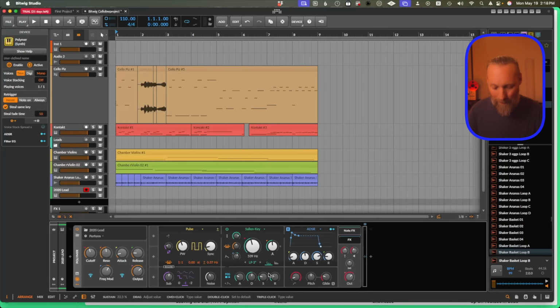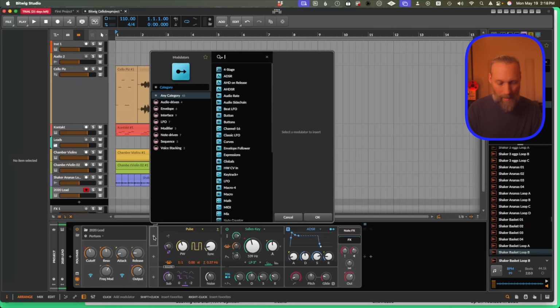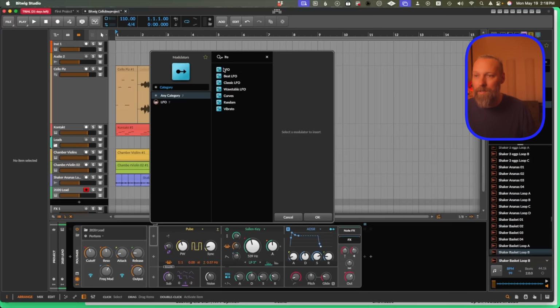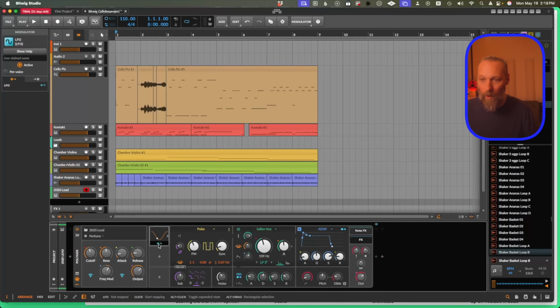For instance, I have this lead here. And now I can add LFOs in here. I can just grab an LFO. Standard, simple LFO. There we go. As soon as I press on the arrow, I can choose to what destination I want this LFO to go. So I'll grab the filter and